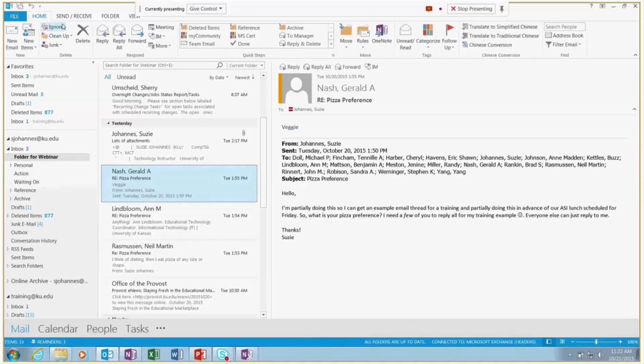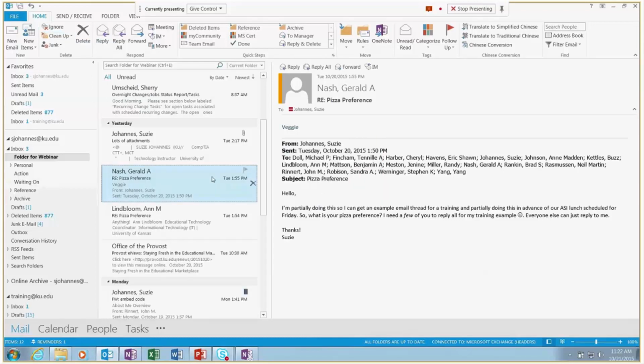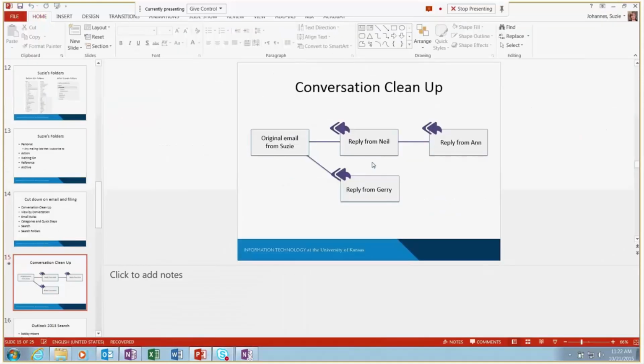So under Home, we have this option here, Clean Up. I'm going to say clean up just this conversation, but notice there's also clean up the entire folder, clean up all folders and subfolders. So I'm just going to say clean up this conversation and clean up. And there, what it did, it just deleted the email from Neil because that is, again, quoted in the one from Ann. So conversation cleanup is good if you're not viewing as conversation because you've got separate emails, but also